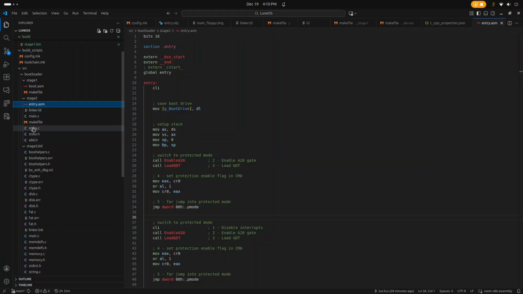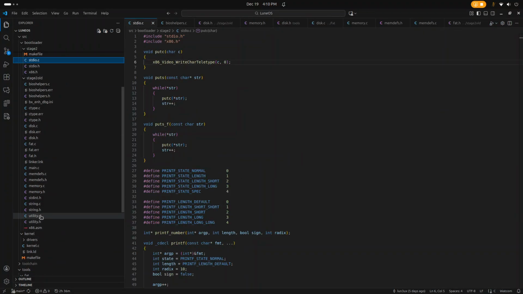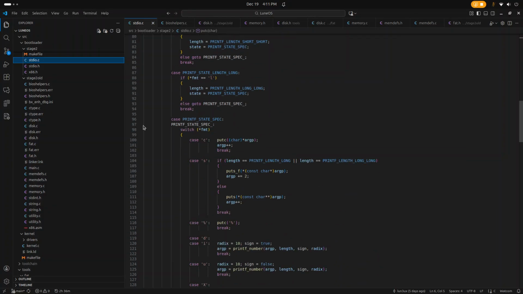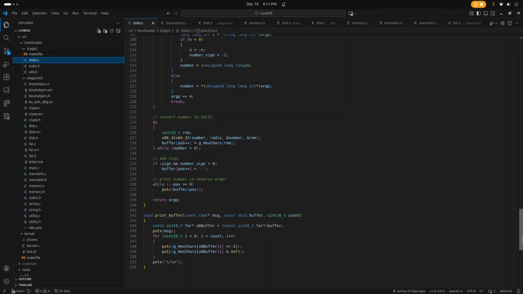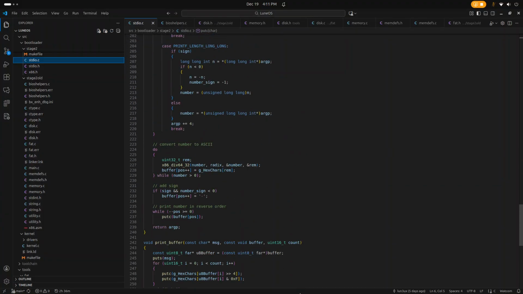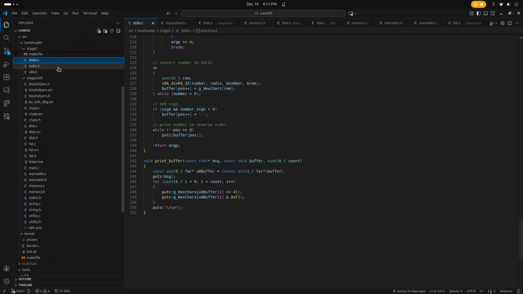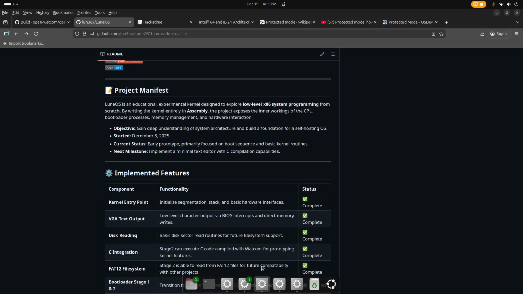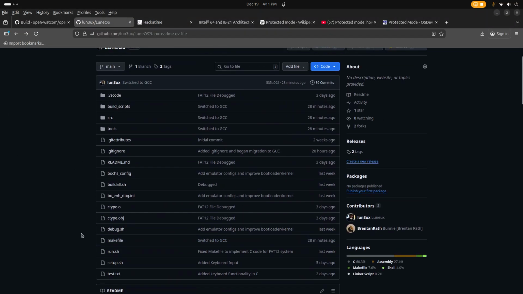I'm currently working on basically switching all of these C files from being based in 16 bits to 32 bits. So a very interesting and exciting project. I feel like this project has a lot of potential.